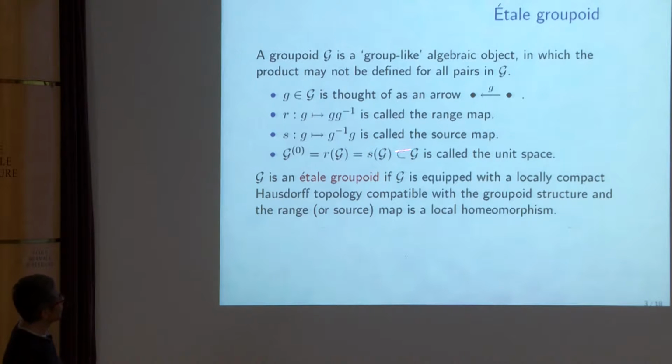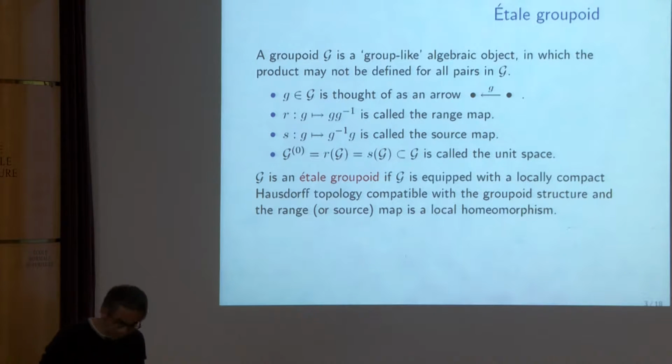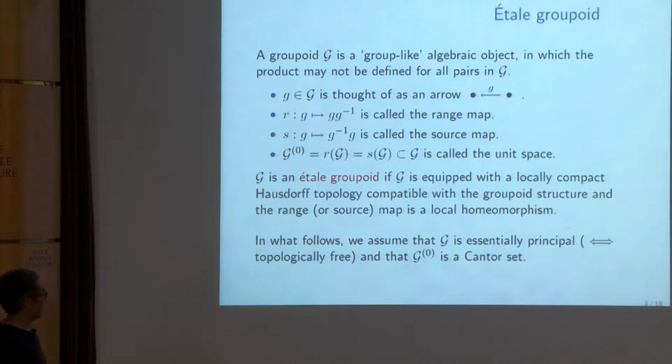With this algebraic structure, I also consider a topology which fits into the algebraic structure. Such an object is called an étale groupoid. It is a locally compact Hausdorff space compatible with the groupoid structure, and the range map and the source map must be local homeomorphisms. Being a local homeomorphism is étaleness. And in what follows, we assume always